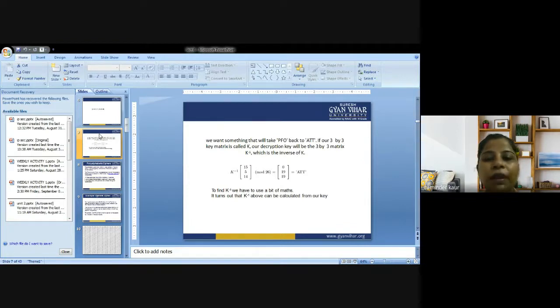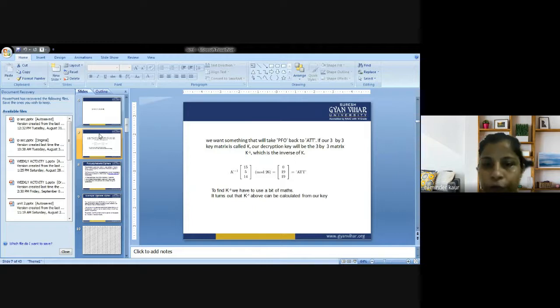Now I am going to apply K inverse modulus of 26 on 15, 5, and 14, that is converted again into 0, 19 and 19, that is equal to A, T and T. So ciphertext is converted into the plain text again. So this is the whole procedure of encryption and decryption if I am going to use the Hill cipher technique.